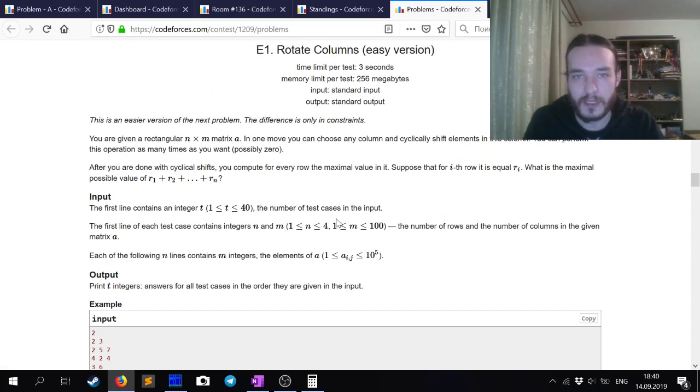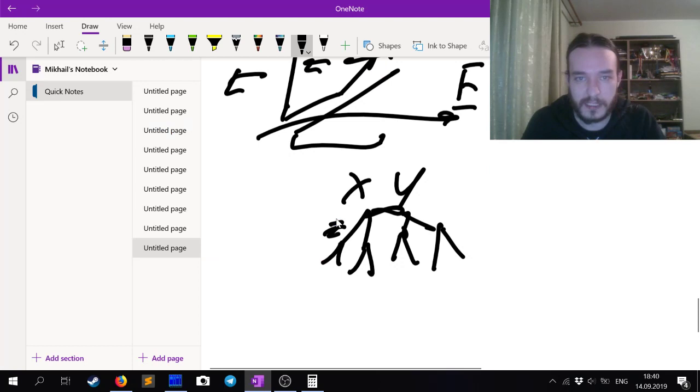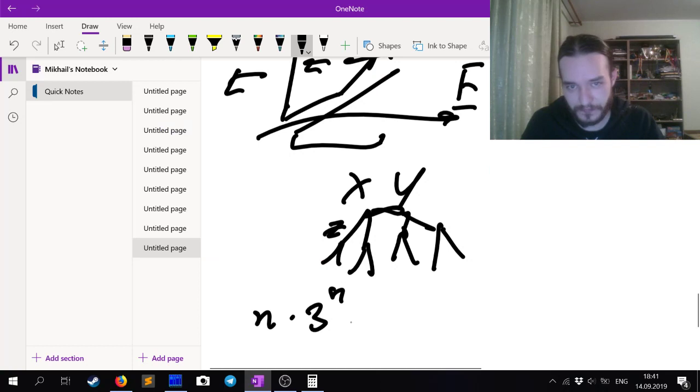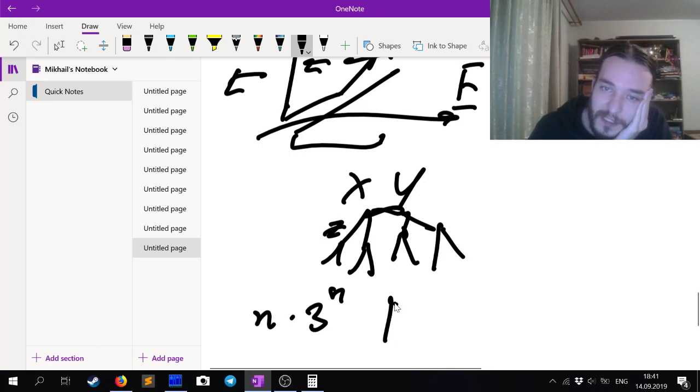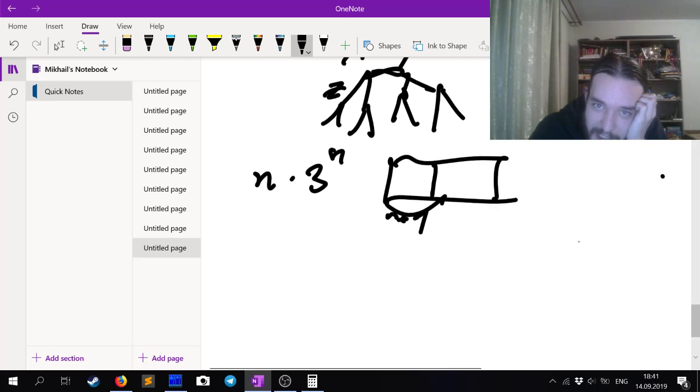So that's it. So E1 and E2, I'm not sure. E1 can be solved in some easy way. E2 can be solved in basically n times 3 to the n time per test, and that's apparently fast enough, by which I mean really fast. The first consideration is that if we sort the columns by decreasing maximum number, then only the first n plus 1 columns matter. Because if we